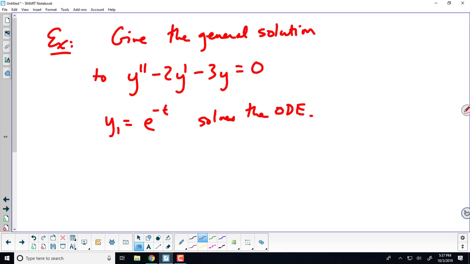Then this would be minus 2 times minus e to the minus t, so that gives us a total of 3 e to the minus t's, minus 3 e to the minus t. Does everyone see that that solution works? Or do you want me to check that? We're okay? You sure? A second solution is